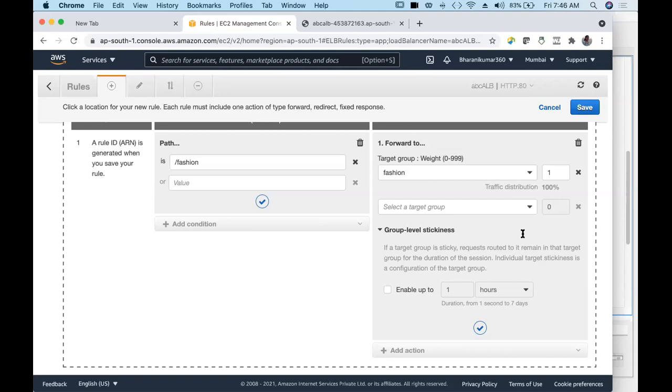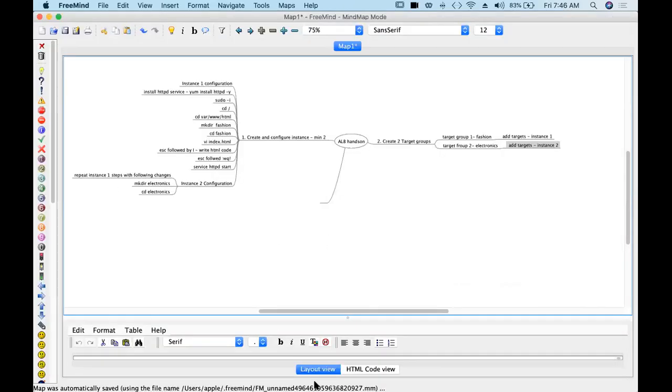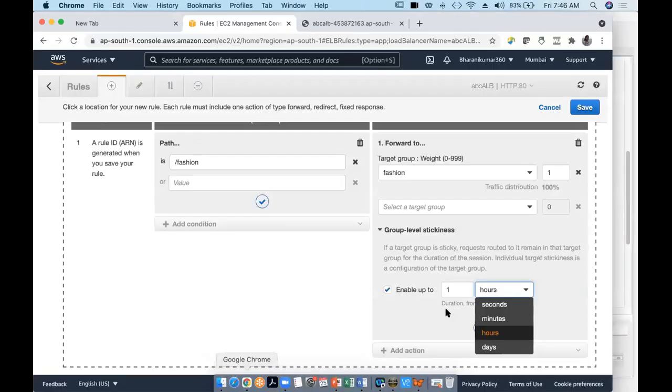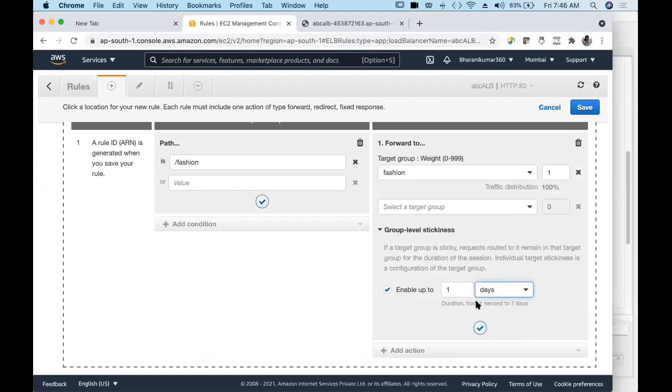And then you can also change this. Enable first, and maximum is up to 7 days. Sorry, up to 7 days. The maximum limit is 1 second to 7 days. That is group level stickiness. If you want to save, click on this save.